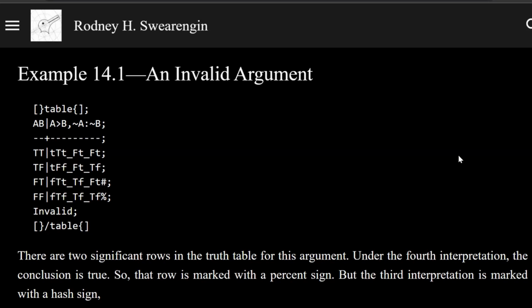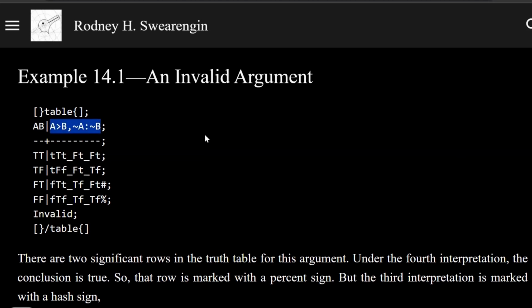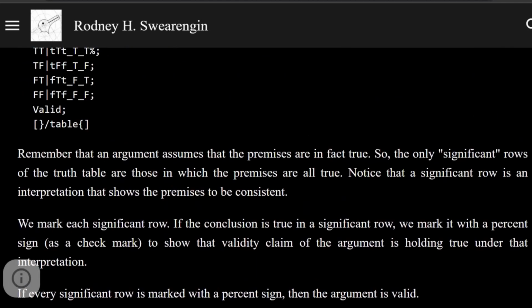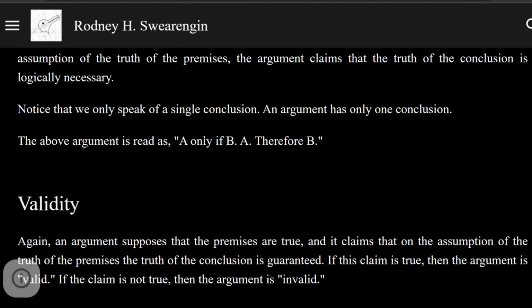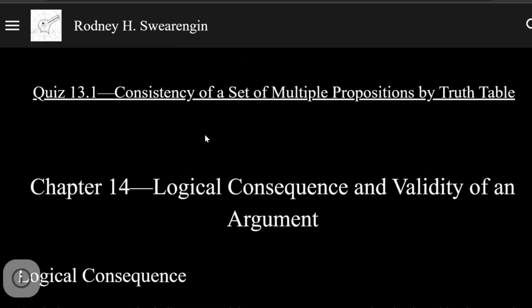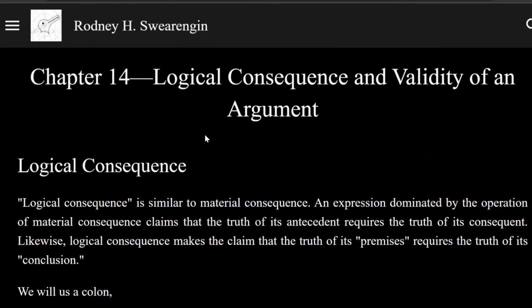Logic 0, example 14.1, an invalid argument. All right, so this is what we've been working up to for the entire course, really. This is a major breakthrough to get to logical consequence and validity of an argument. It's arguments that we're primarily interested in